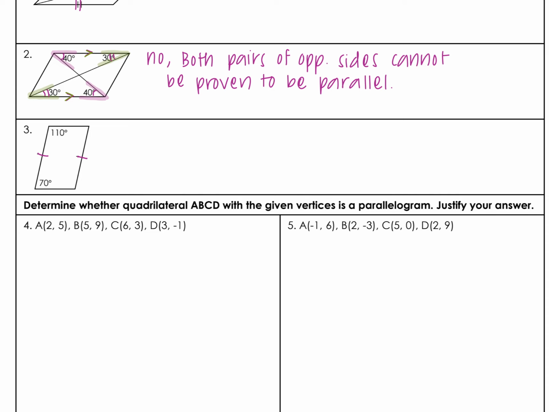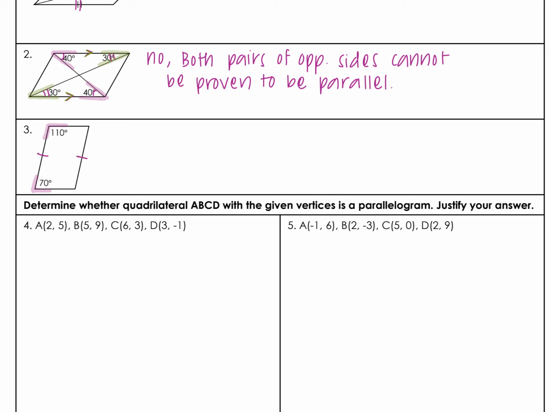But I could also prove one pair of opposite sides to be congruent and parallel. And right now I have the congruency. I just need to see, can I prove them parallel? So if we look at the angles that we're given here, we're given that 110 degrees and 70 degrees down here. Well, that will be supplementary. That will be adding up to 180 degrees,